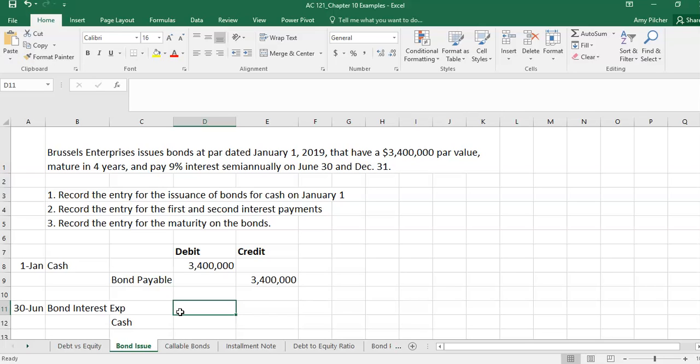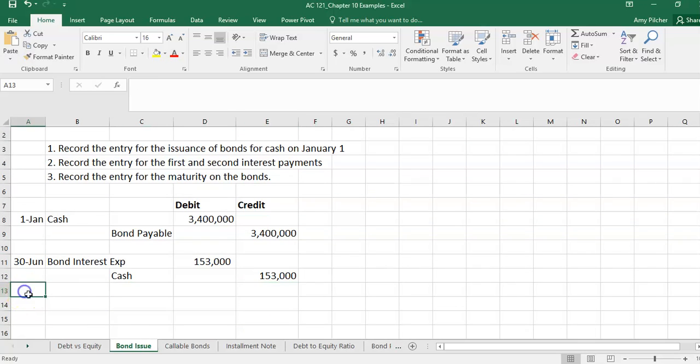So we have $3.4 million times 9% interest times half a year because we pay semi-annual interest. Our interest expense is $153,000 every 6 months